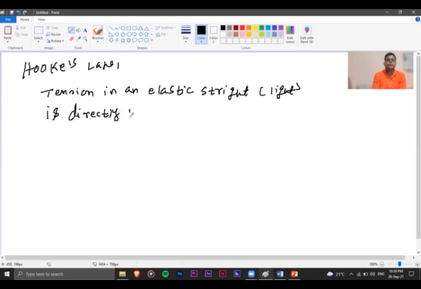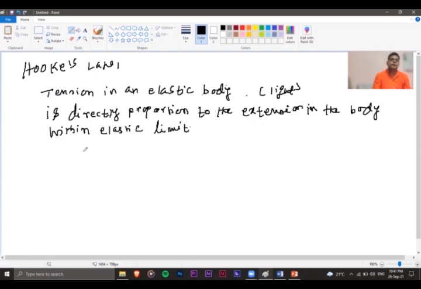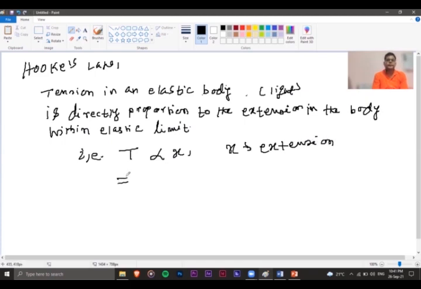directly proportional to the extension. That means extension in the spring depends on the tension produced due to the applied external force in that material, within the elastic limit. That means we have T is proportional to X, where X is the extension in the string, and after that T equals Kx, where K is the constant of proportionality,